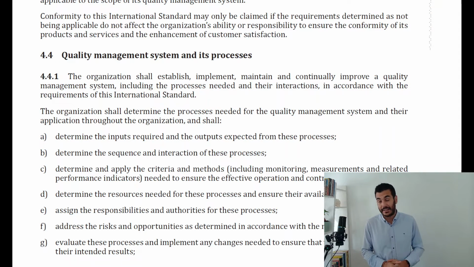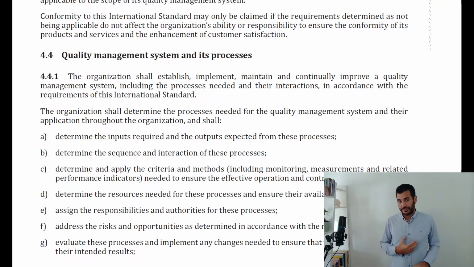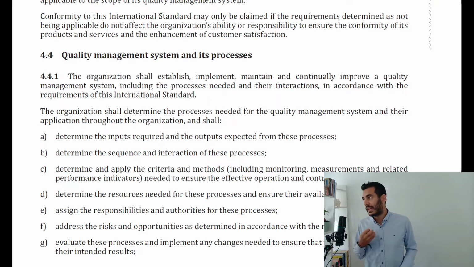And the last section when it comes to ISO 9001 is clause 4.4, which talks about the quality management system and its processes. And I'm not going to even read this particular clause within the standard because, unfortunately, the standard likes to repeat itself a lot, okay? And what I can just tell you over here is that when implementing clause 4.4 within any of my clients, I only use this particular clause to list down the processes that are relevant for my client.